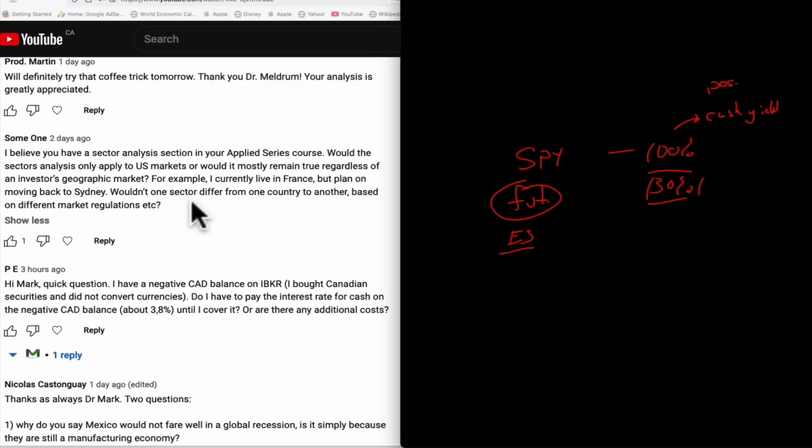Australia would have the same, BHP, I think has the same prospects in the market as any other mining company anywhere else in the world. So I don't know that an analysis of that sector would be any different if I were in Canada versus Australia. The only difference between them is it makes up a significantly bigger part of the economy in Australia, that it's hard to be an investor without bumping into that sector at some point because it's just so large.